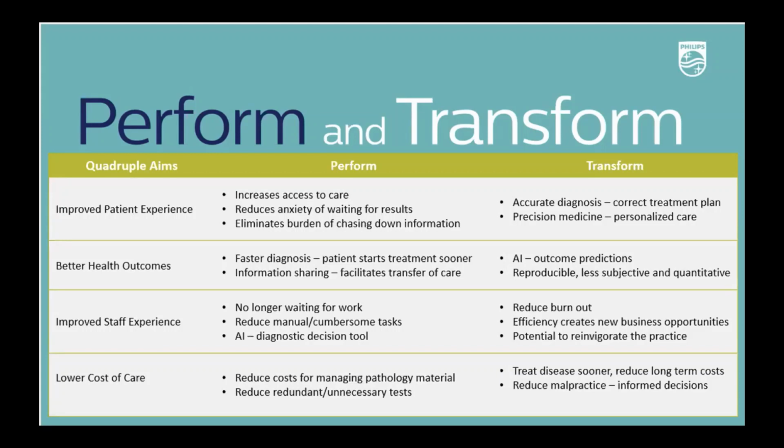At Philips, the innovators think about ways to help healthcare transform and perform along these four quadruple aims mainly. It looks simple and intuitive, but it is the basis for all the technical innovations in Philips. Digital pathology solutions improve patient experience and deliver better outcomes by reducing the time, but also coupled with AI, ensure better and precise diagnosis. Care providers or the staff benefit by not only reduced cumbersome manual tasks, but